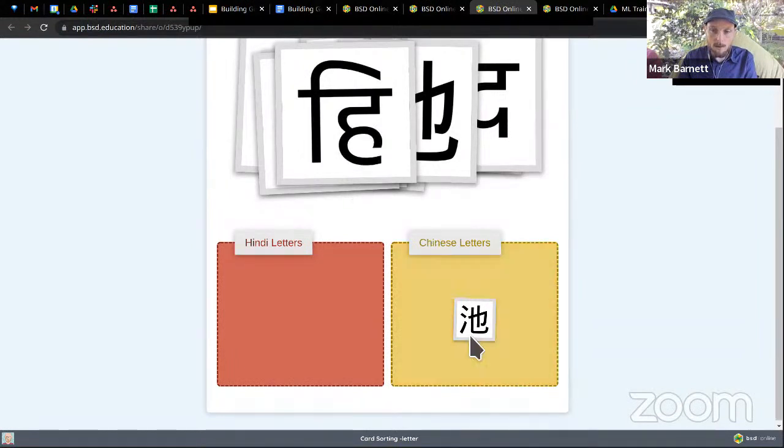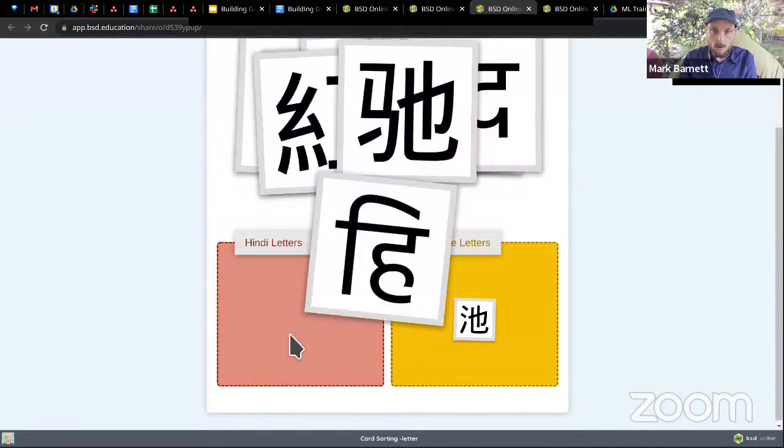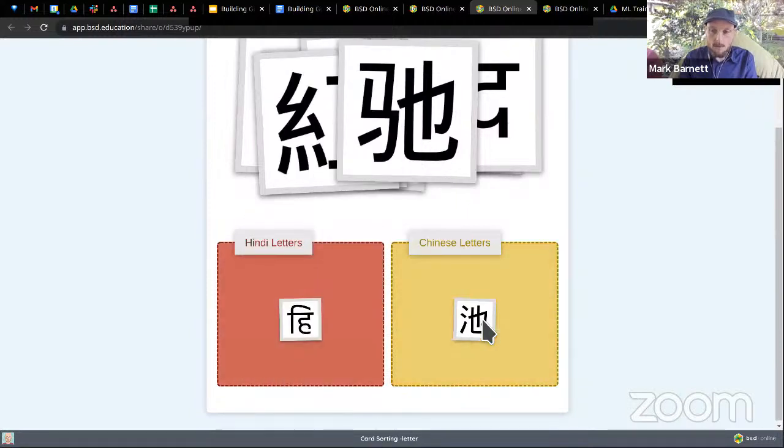Are there some similarities and differences between these types of characters? I see maybe this one has a really rounded part to it. Maybe it has less symmetry to it. Let's see where it goes. Okay, so that's a Hindi letter. What are the differences and similarities between these letters, and how can I predict the next one? So if I look at this letter and look at this letter, what prediction can I make about this one?